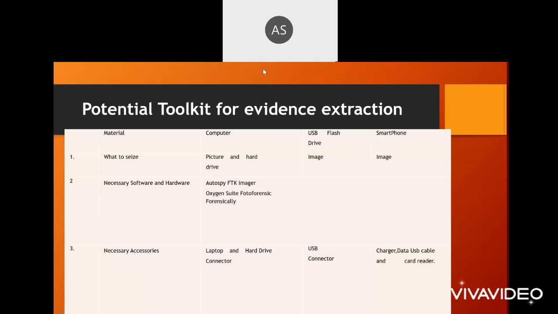Next will be the potential toolkit for evidence extraction. There are different types of materials which have been collected, which are computer, USB drive, USB flash drive, and smartphone. So, materials that can be seized using the computer are the pictures and hard drive images, and in the USB flash drive,